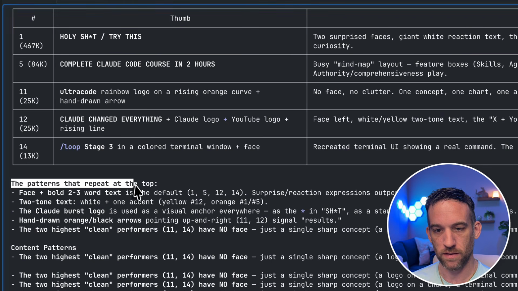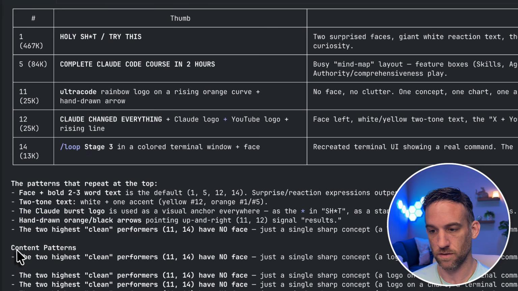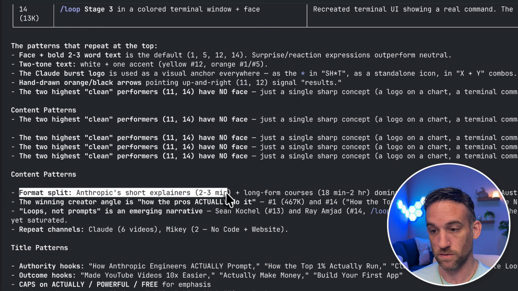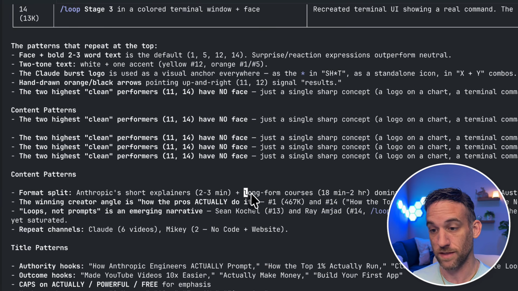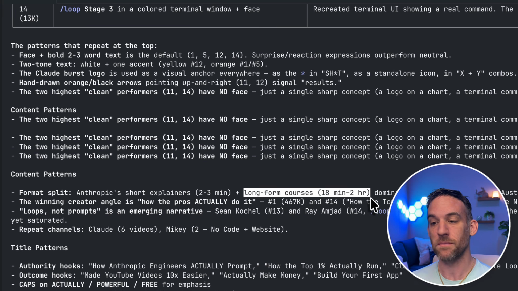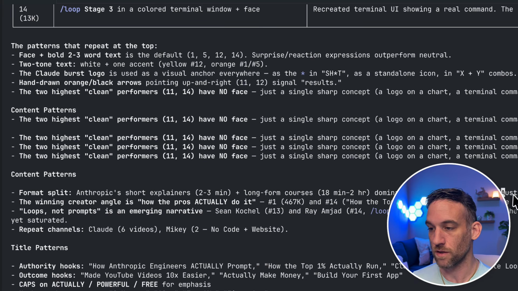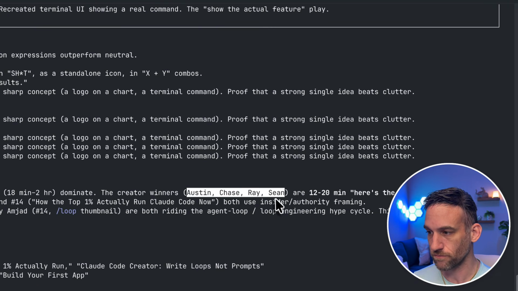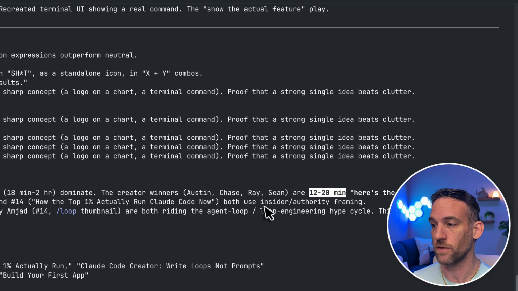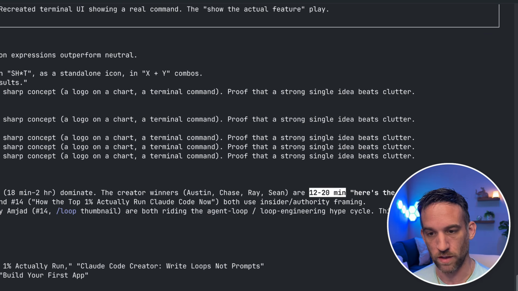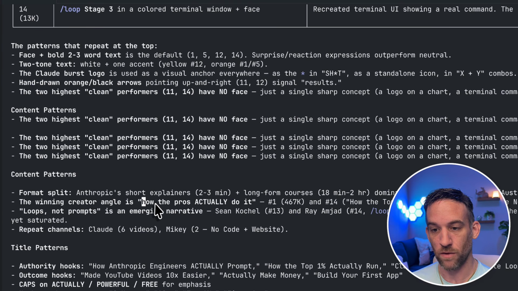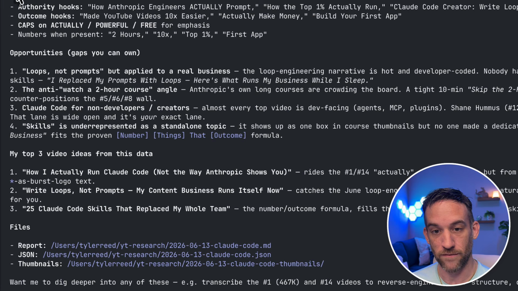The patterns that repeat at the top. This is about the thumbnails, and some content patterns that repeated. The content patterns: Anthropic's short explainer is about 2 to 3 minutes long, and there are some long form courses from 18 minutes to 2 hours that dominate. So Austin, Chase, Ray, Sean are 12 to 20 minutes long. And the winning creator angle is how the pros actually do it. So that just seems to be a pattern with this,